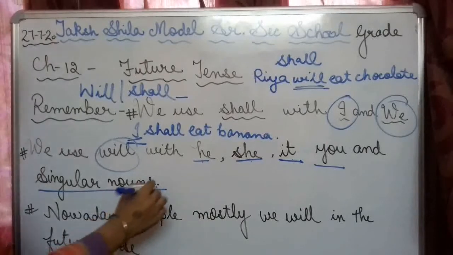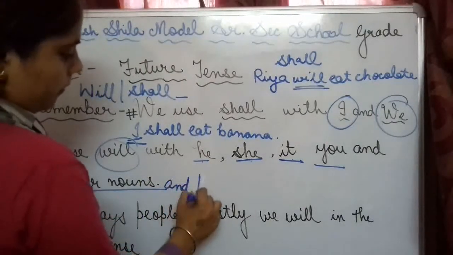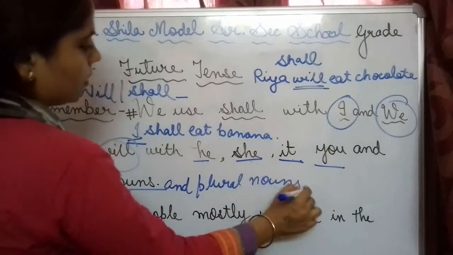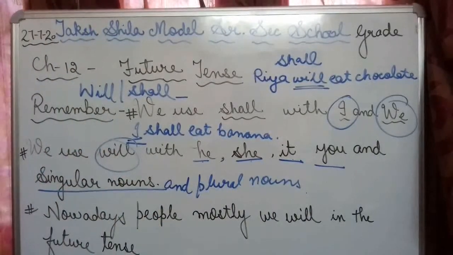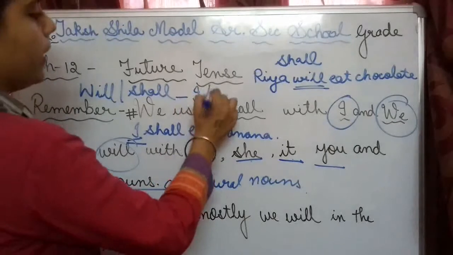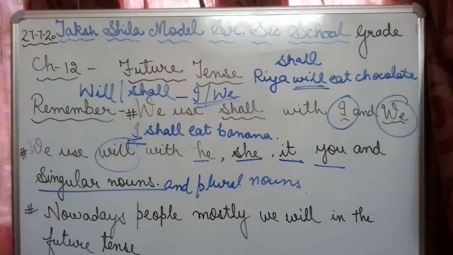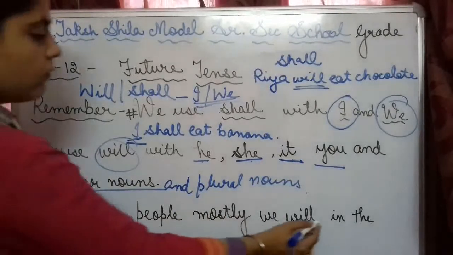Singular nouns and plural nouns, even plural nouns, right? So you have to remember, shall is used with I and we. Simple. Shall is used with I and we, and with the rest we use will. But children, nowadays in speaking, and even sometimes in writing, people mostly use will in